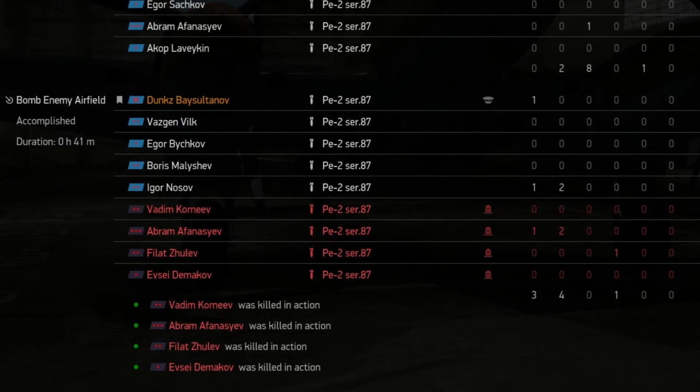3 parked aircraft destroyed, 4 supply trucks and 1 searchlight as well. But what a terrible ending. 4 planes lost. There are 3 crew in each plane, so that's